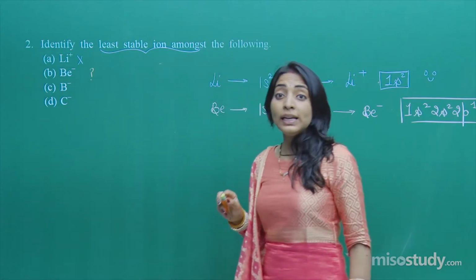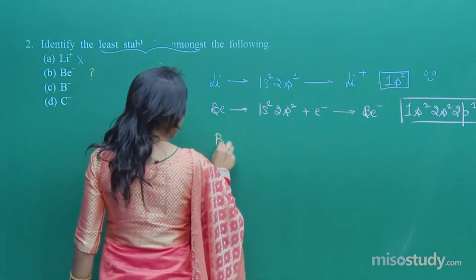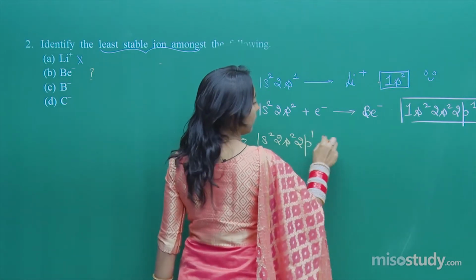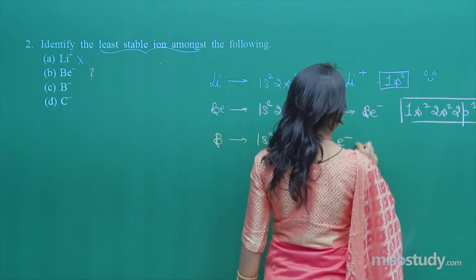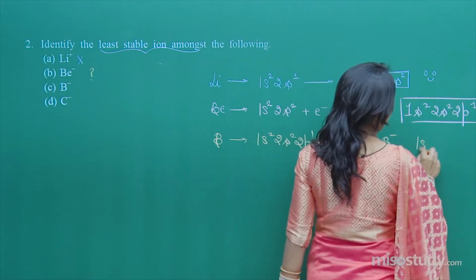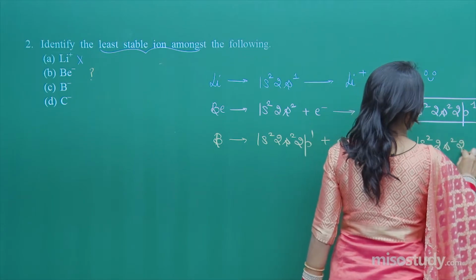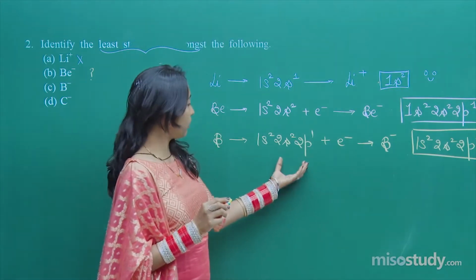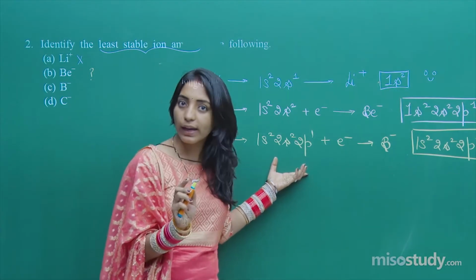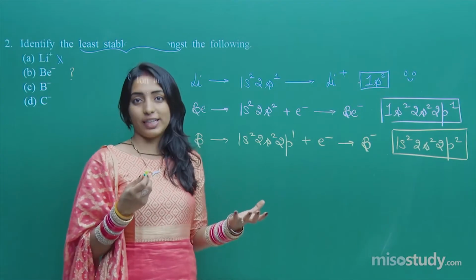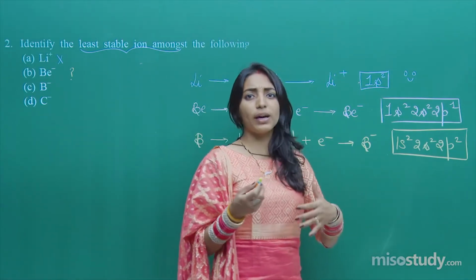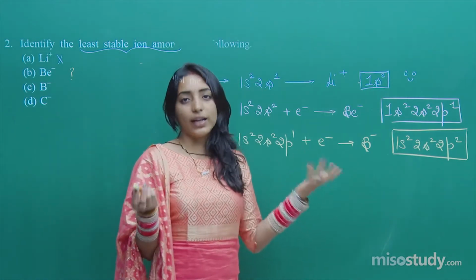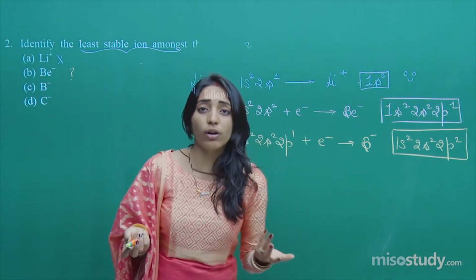Let's move on to B minus. So see, boron is 1s2, 2s2, 2p1. Now when you add one electron, it will form B minus, 1s2, 2s2, 2p2. Now if I compare, here boron was having 2p1, okay. It was not very stable, and you are adding one more electron, it is not becoming very much unstable also, right? So earlier someone is like rich, okay, and you are taking 10 rupees from that rich person.